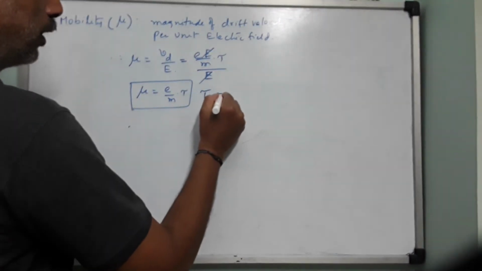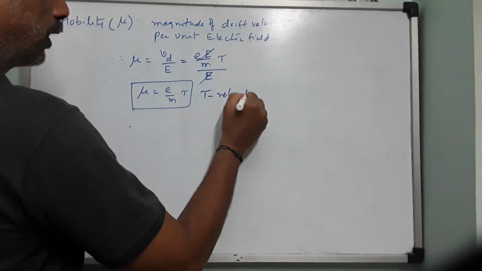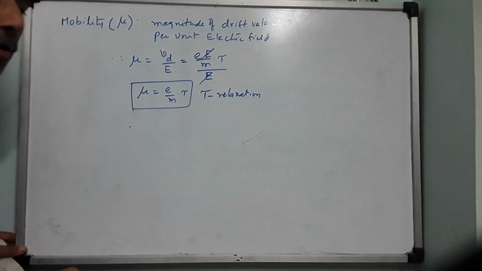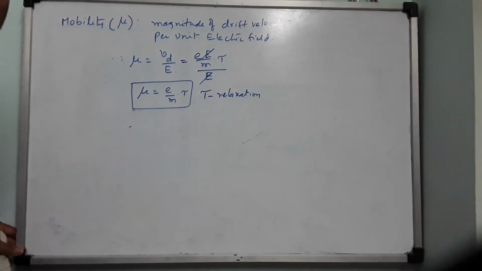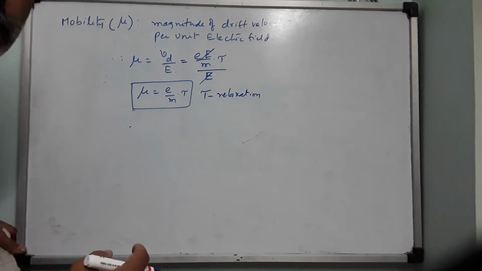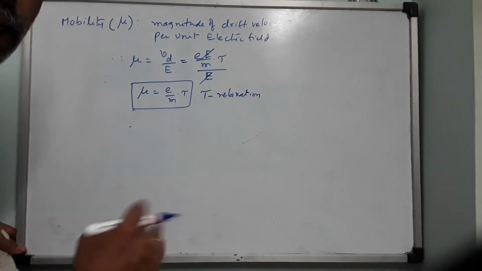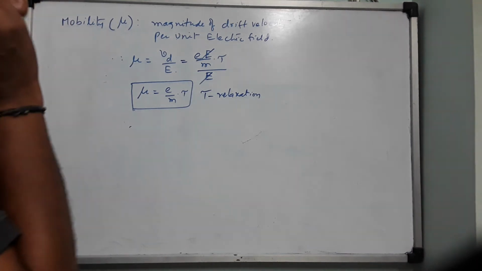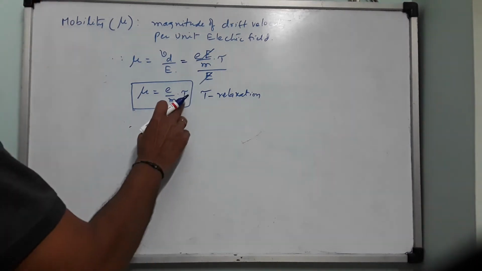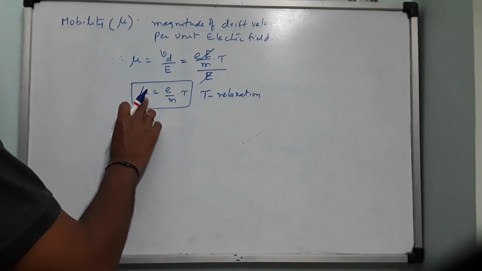Yesterday we defined relaxation time as the time taken by a free electron to travel between two successive collisions with the atoms. So, if you increase the temperature of the conductor, and when current is flowing the temperature automatically increases, free electrons acquire more thermal energy. Therefore, they move very fast from one atom to another. So, as a result, relaxation time decreases. As relaxation time decreases, the mobility decreases.